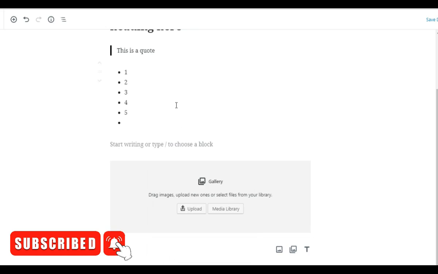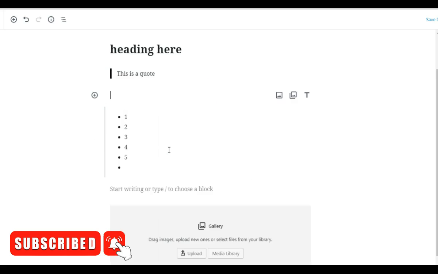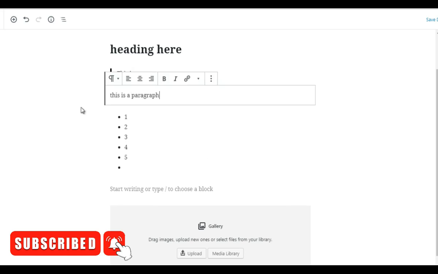So for those of you who are more advanced and you don't really like how things are laid out here, let's say I want to go to the quote section, or maybe let's do a paragraph. So I'm going to add a paragraph up here. So let's add a paragraph. This is a paragraph. And let's say, for example, that I want to add like a JavaScript code or an HTML code.